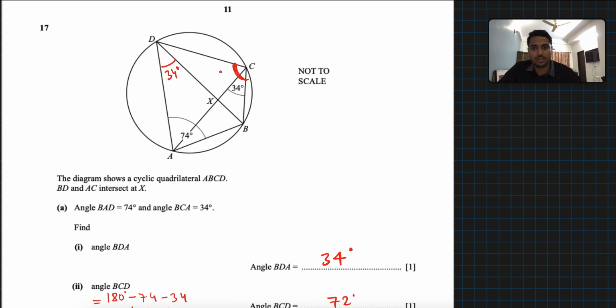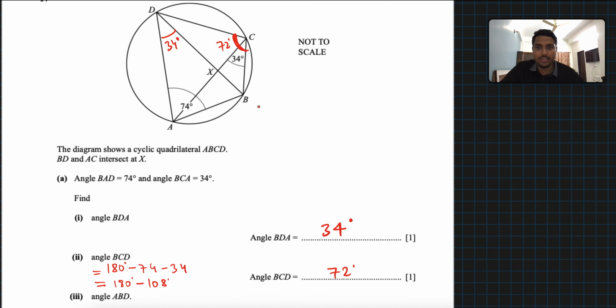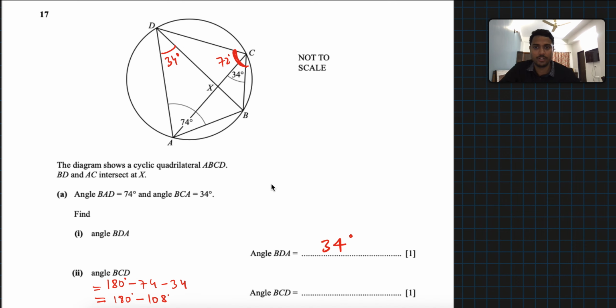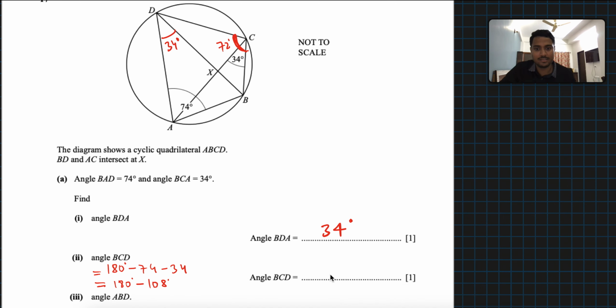So this angle is 72 degrees. But angle BCD will be 72 plus 34, that is going to be 106